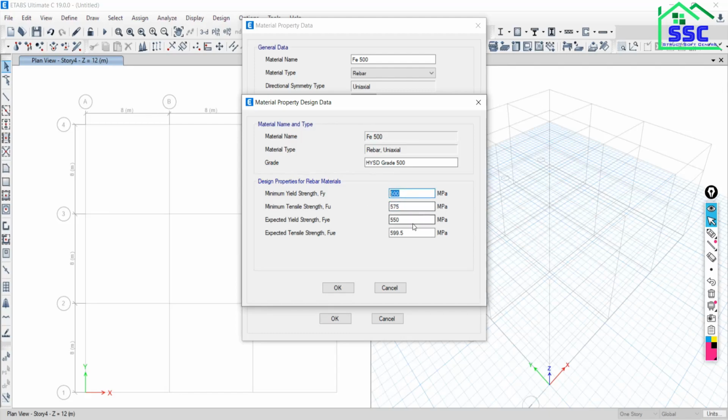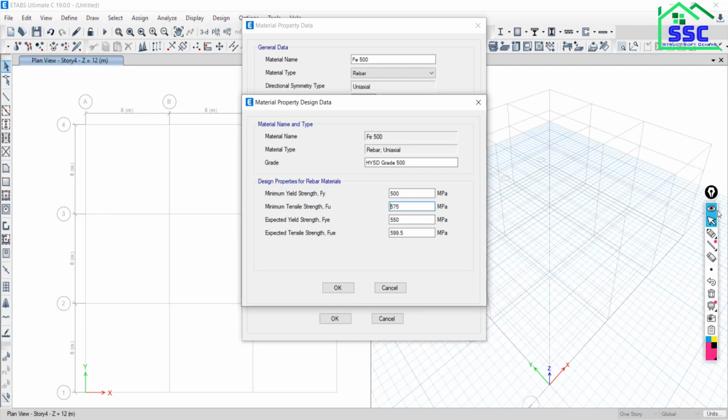Or you can take, suppose if you want to go with the safer side, if I am taking 500, ultimate also I am going to take as 500. So is it on the safer side or unsafe side? Your material's strength is going to be more than 500, but I am considering 500. So is it safer or unsafe? Are you getting the point? So if you want, you can increase the value by some factor, let's say 1.15 multiplied by 500, or also you can take the same value.